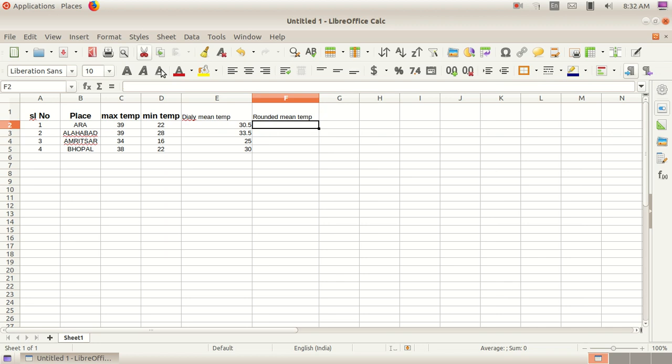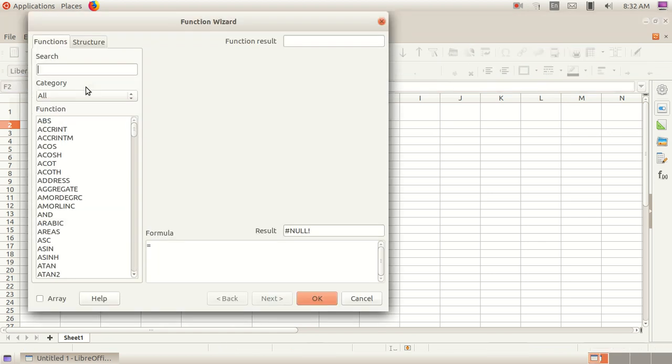First, select the first cell of that column and select the tool. It's the function wizard tool, f of x. Click here, we can get the function wizard. From here we can select the function, it is ROUND.